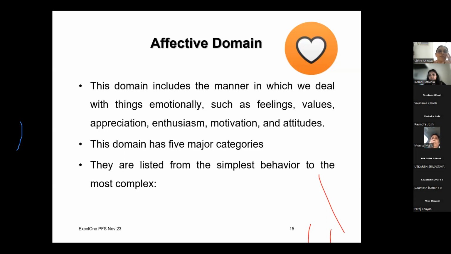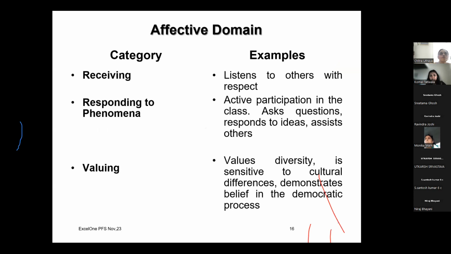Now, what's the simplest one in the affective domain? The simplest category in the affective domain is receiving. So in your report card, when you write comments like listens to others, etc.,